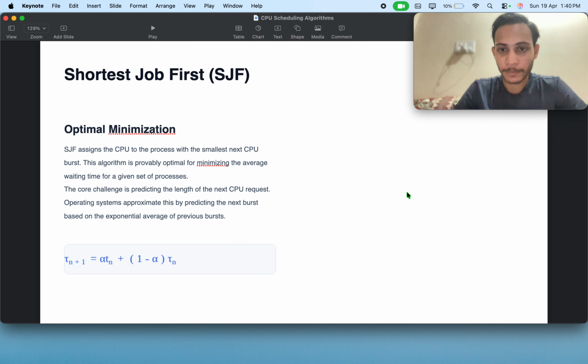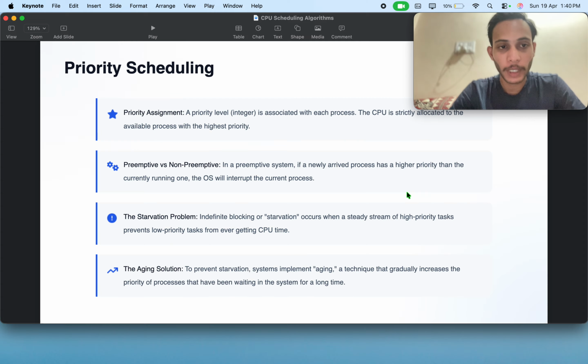So the next slide is to solve the convoy effect. We have the shortest job first, SJF. This algorithm looks at the queue and gives the CPU to the process that needs the least amount of time to finish, mathematically. This is the optimal way to minimize average waiting time. The tricky part, however, is that the OS has to predict how much time a process will actually need based on its past behavior. वो सबसे मुश्किल पार्ट है,